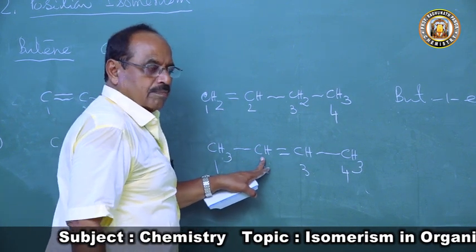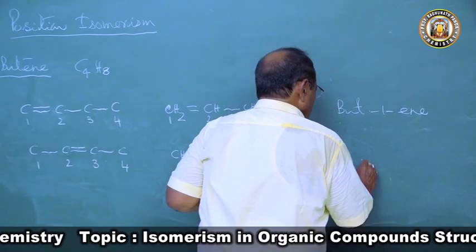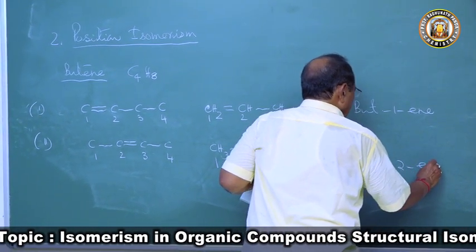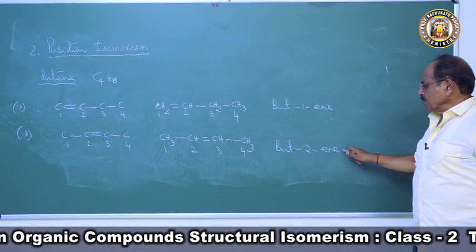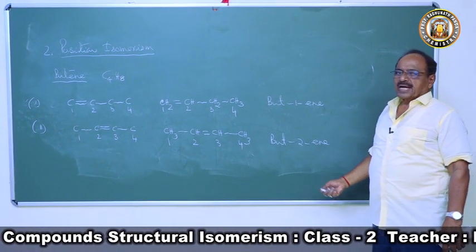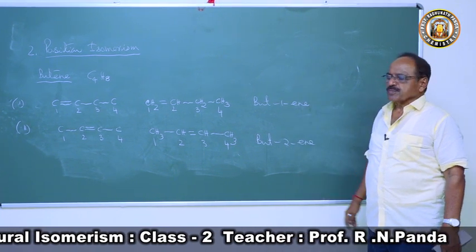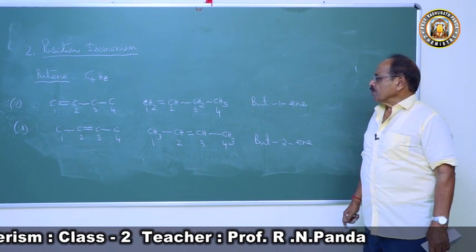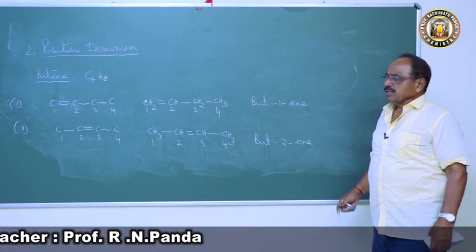At carbon 2 there is -ene, so the structure is but-2-ene. So but-1-ene and but-2-ene are both position isomers. So butene has 2 position isomers, but-1-ene and but-2-ene. So now if you come to